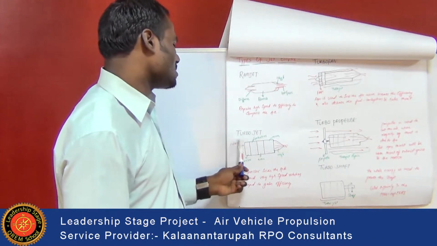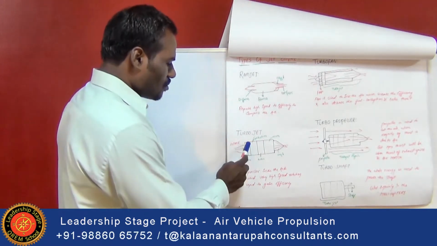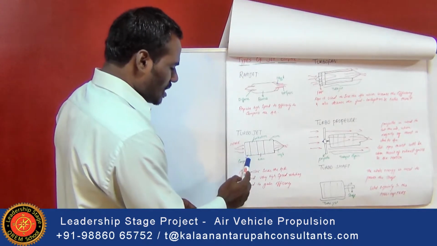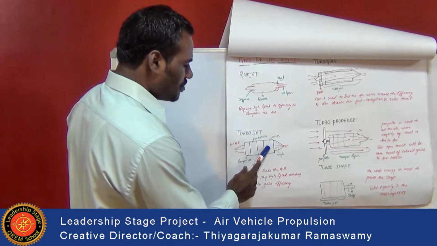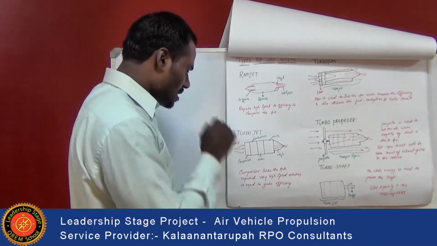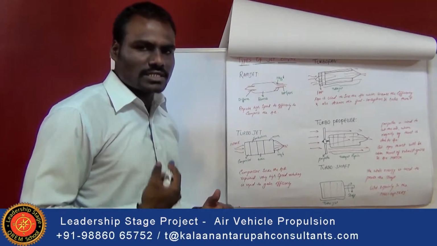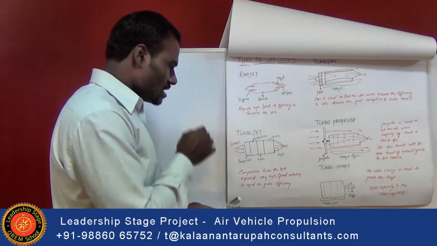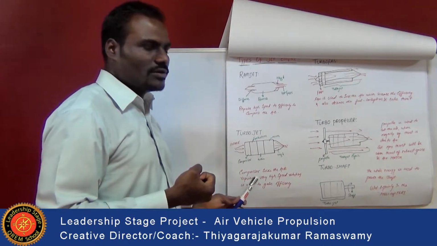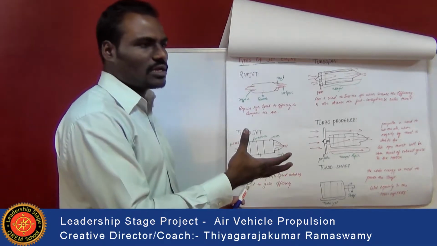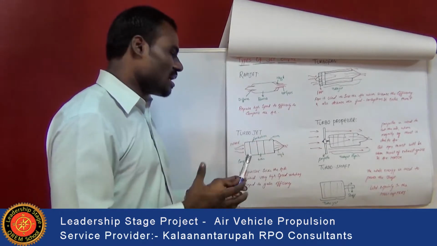The next one we are going to discuss is the turbojet engine, which we have already seen. Here the turbojet engine consists of the inlet, the compressor, the combustion chamber, the turbine and the mixer, and finally the nozzle. At the intake section it does not contain any propellers or fans. The air which is coming inside, due to the force with which the aircraft moves, is sucked inside